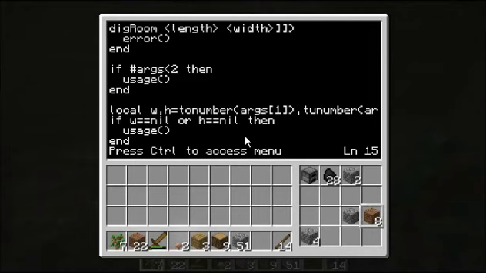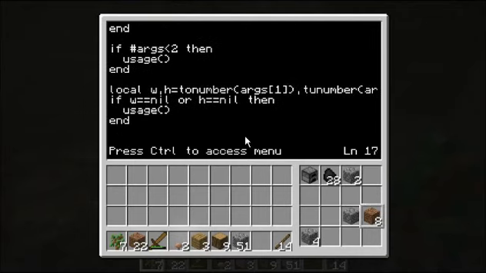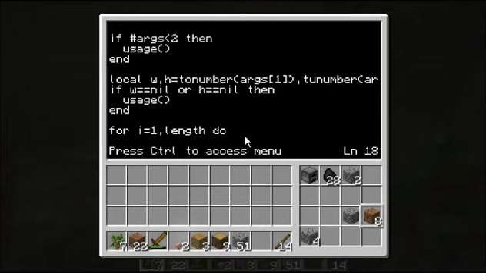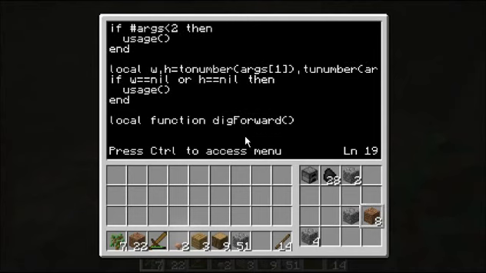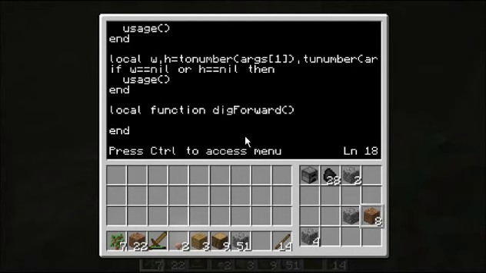Okay, now to dig the room. For i equals 1 to length, do... Actually, I'm going to make a helper function here. Local function dig forward. We'll call it dig forward. That's not the best name, but it's a single use function, so it's obvious from the context what it does, because